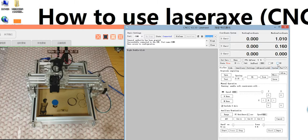So we need to have a test to see if it's working well. We first check this one. See here, this one is WS, weak spindle. Weak spindle means weak power. Yeah, we click this one. I see the power is on. Yeah, the power is on. You see the light is on. Yeah. That means